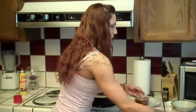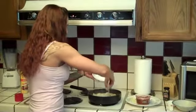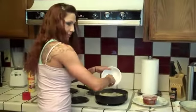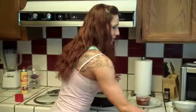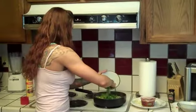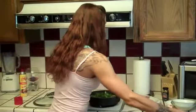Okay. We're going to take our tiny little bit of not very greatly cut up garlic, Chef Jim. Then we're going to take our not very cut up green peppers right here. And then we are going to take